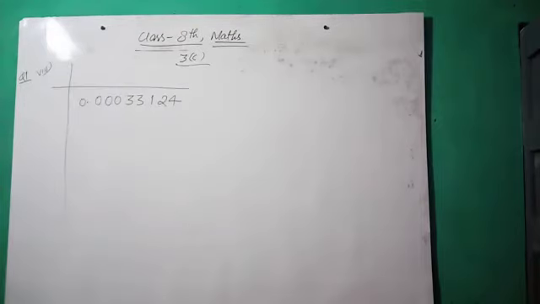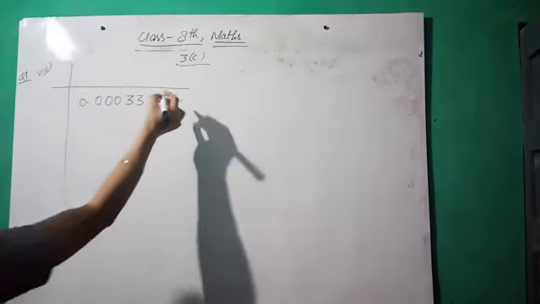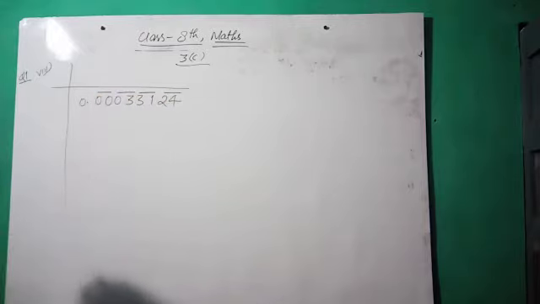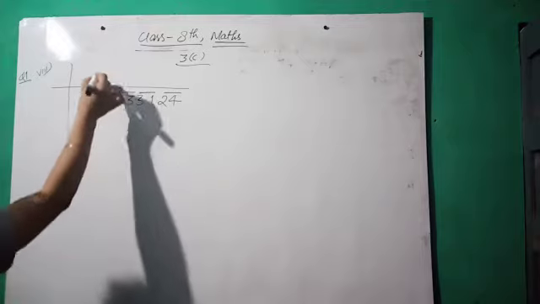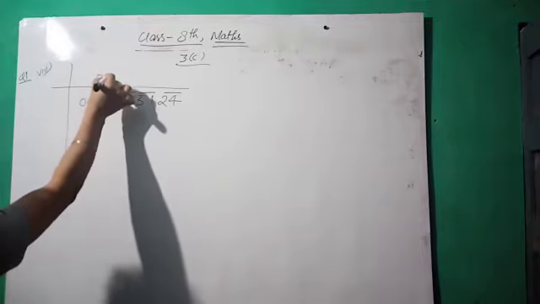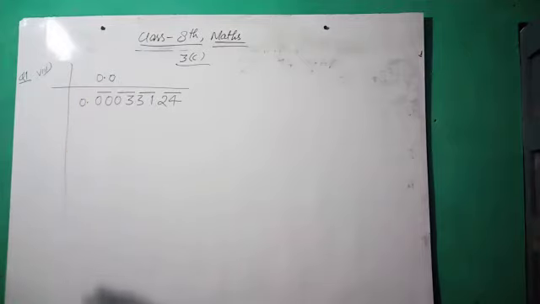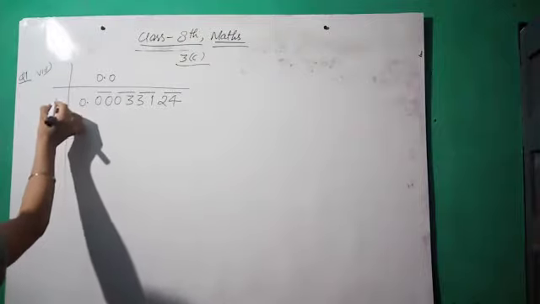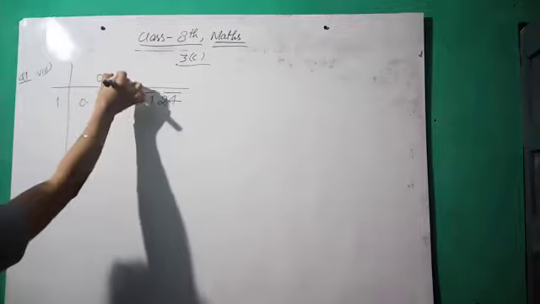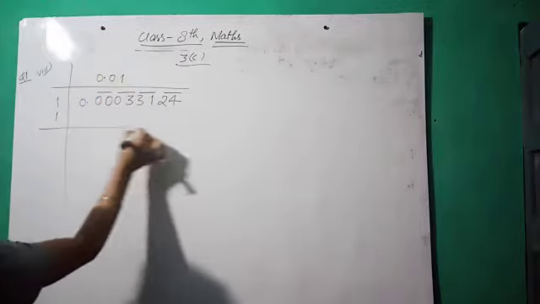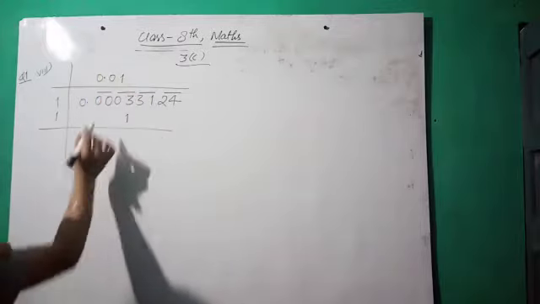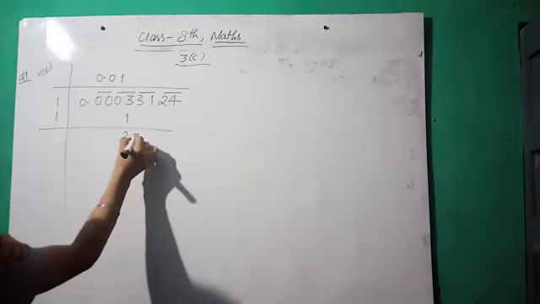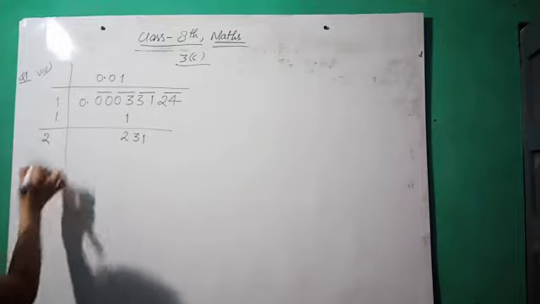Now the 8th part, the last part, is this. First of all we have to make groups. Then the first is 0, so we start with 0. Then we have 3, so we multiply by 1. 1 times 1 is 1. Then 1, then carry 2, 31, 1 plus 1 is 2.